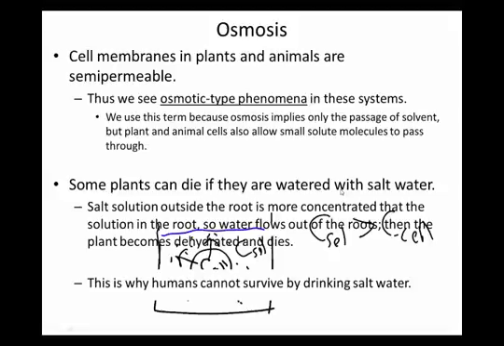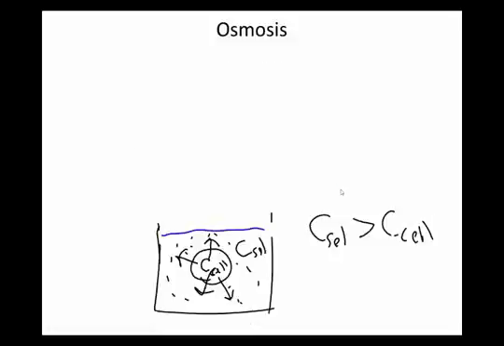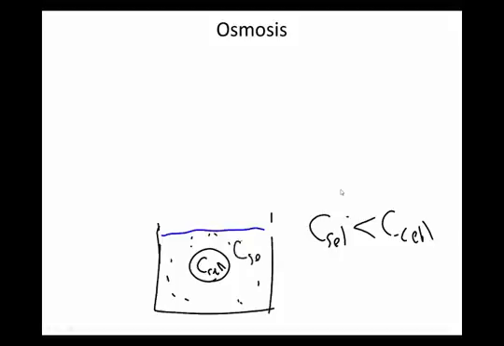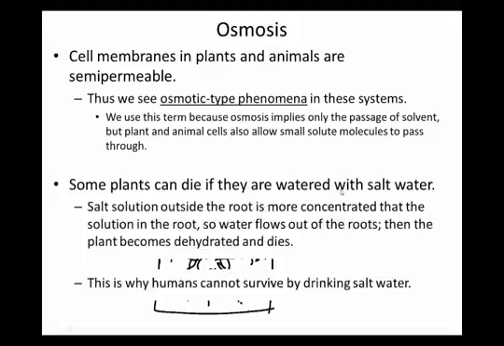Imagine what would happen if you had the same situation. Let me go back here. You had exactly the same situation, but the concentrations were reversed. So if C cell is greater than C solution, then water flows in. You get too much solvent flowing in, what happens to the cell? It blows up. This can also be dangerous. So this is why things with electrolytes are important. Electrolytes are just salts, just solutes. Okay,